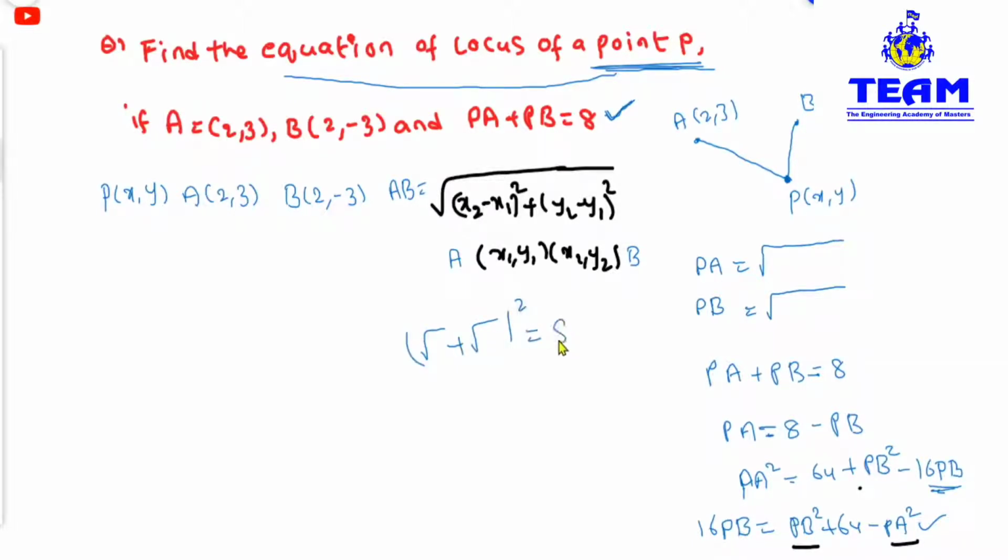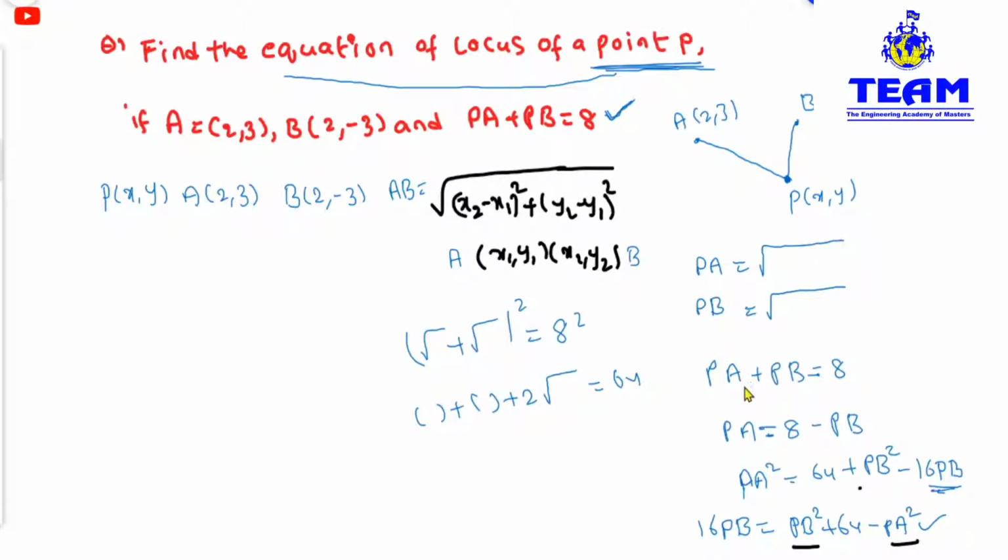Now if I do a whole square, you will have the square of the first root, which is a bracket, plus 2 times another bracket, equal to 64. Like this you will get. So in this case, again you have a root. So it is not an easy task to simplify. So what do you have to do? You can do it in different methods, and I am giving a simple method for you.